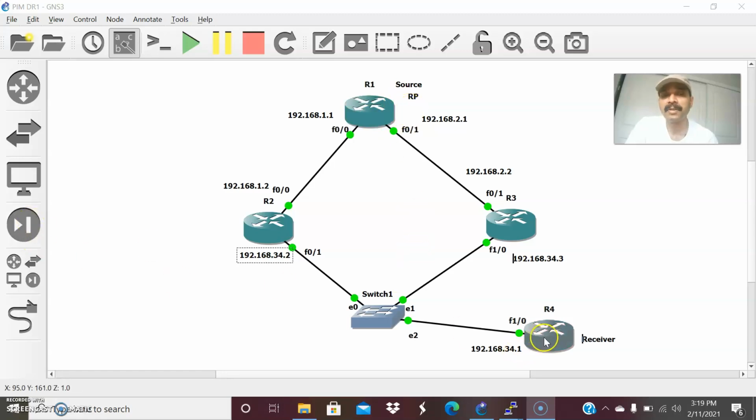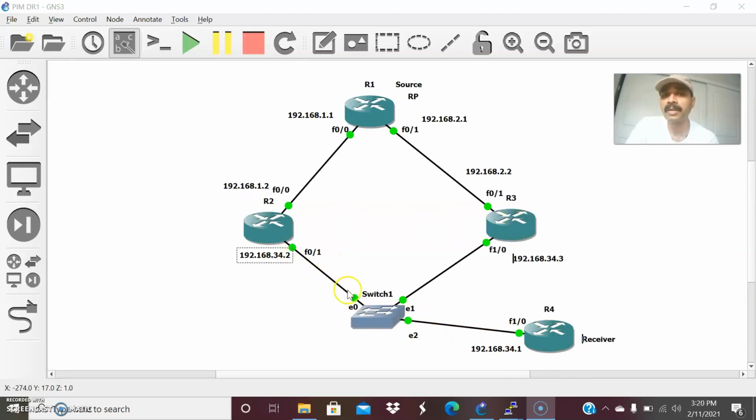So the designated router will take the PIM join message from the receiver, then it will register at the RP. So it will go via R4 to R3 to R1. So that is the way it will work. Because the RP is a meeting place for forwarding or receiving the multicast traffic, right? So it will always receive the multicast traffic from the receiver. So we have to add some multicast group over here. Then it will automatically send a PIM join message to R2 and R3.